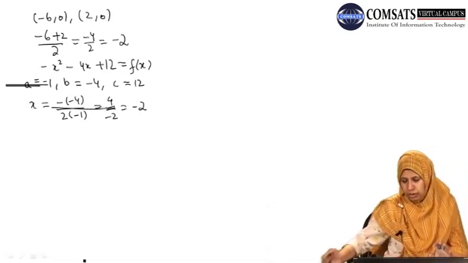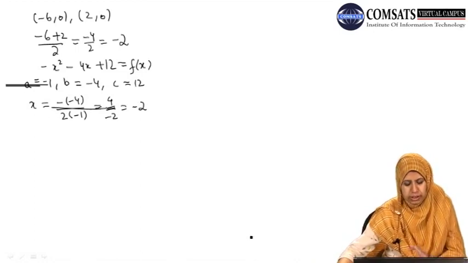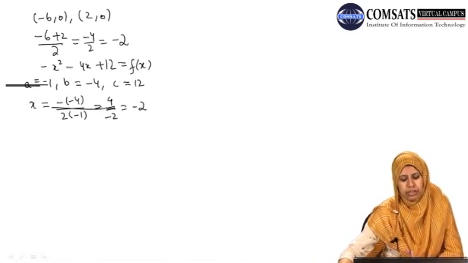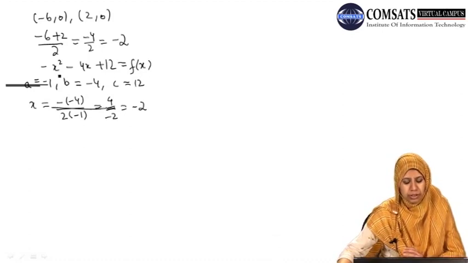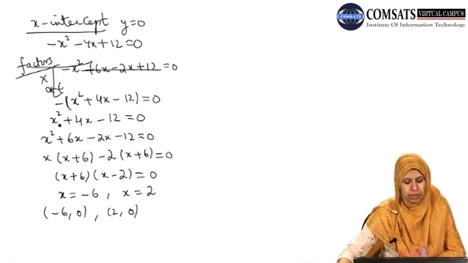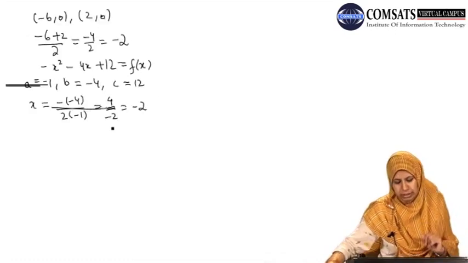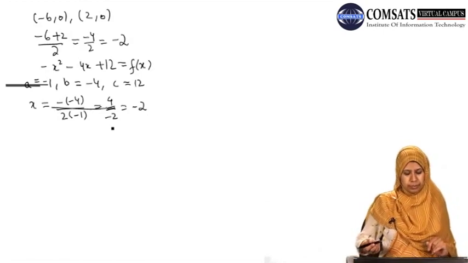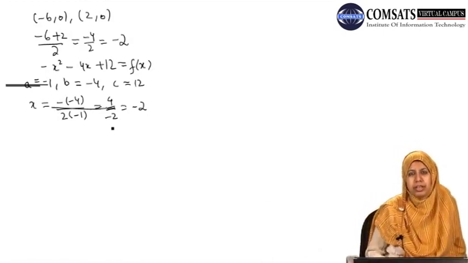Okay, one thing you should have noticed here is that in order to find the x-coordinate of the vertex using the formula minus b over 2a, we have used our given quadratic equation and not this simplified one where we have taken minus 1 common. We will not use this equation, but we will use our given equation. If we use the simplified one, the x-coordinate obtained will not be correct. Okay, now we have the x-coordinate of our vertex and we have to find the y-coordinate.